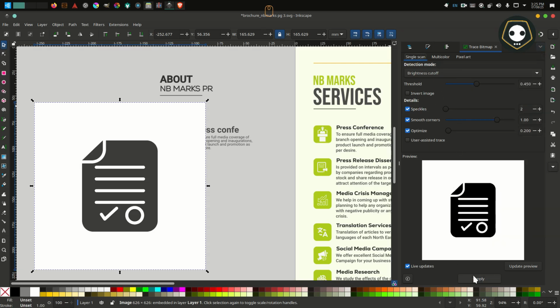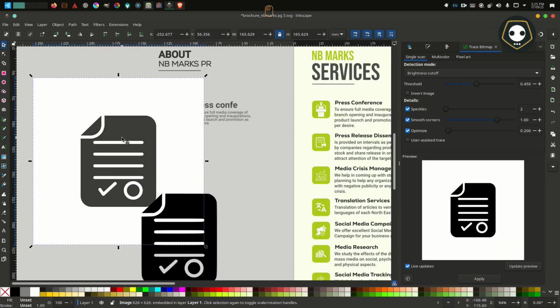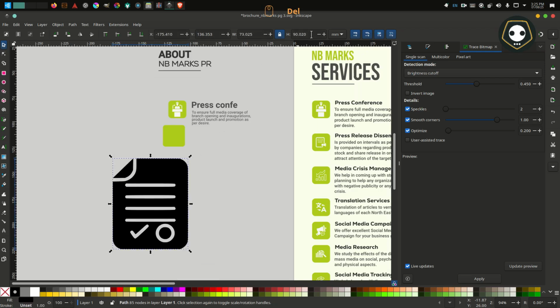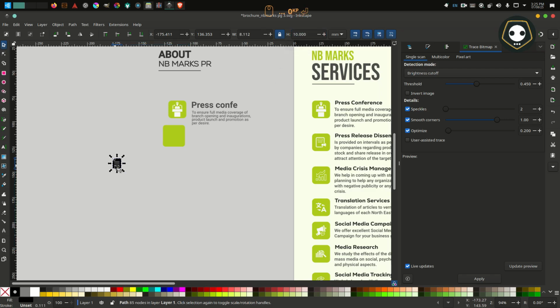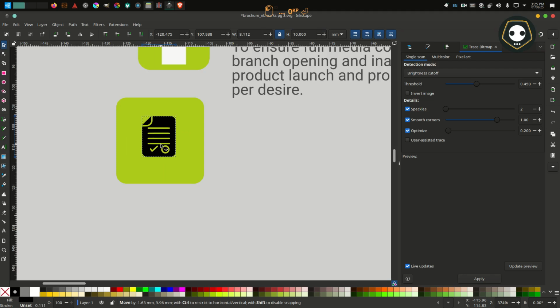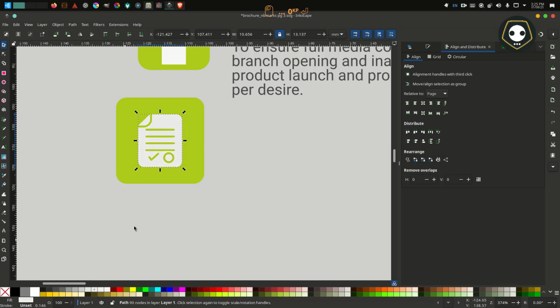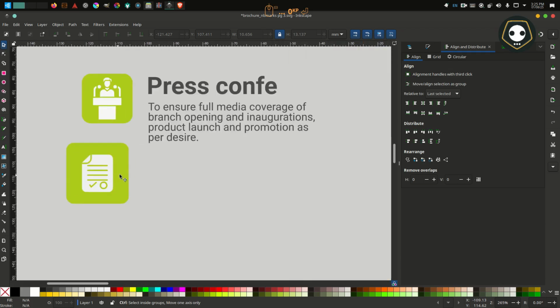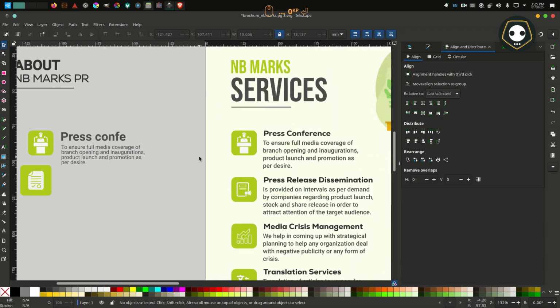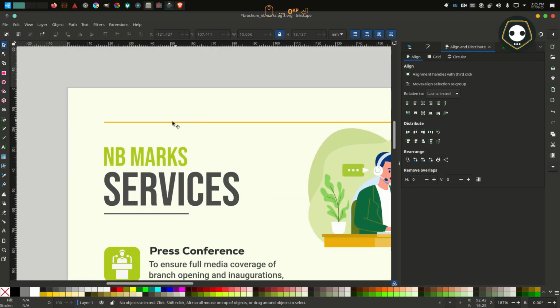You should always download a black and white file so it can be easily traced from a black and white image. Choose the dimension 10, you can see here, and align it in the middle, and change this color here. You can see here that I have already made this icon. So this is one thing.